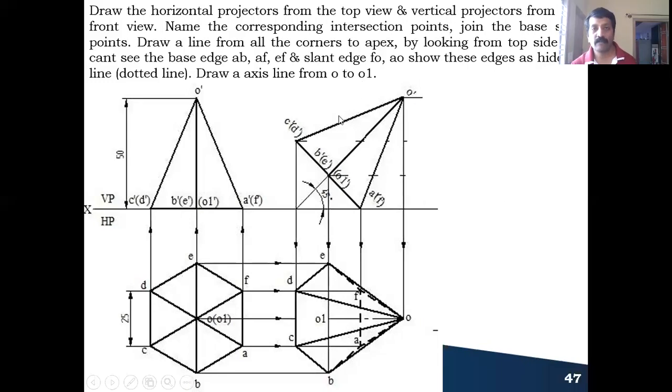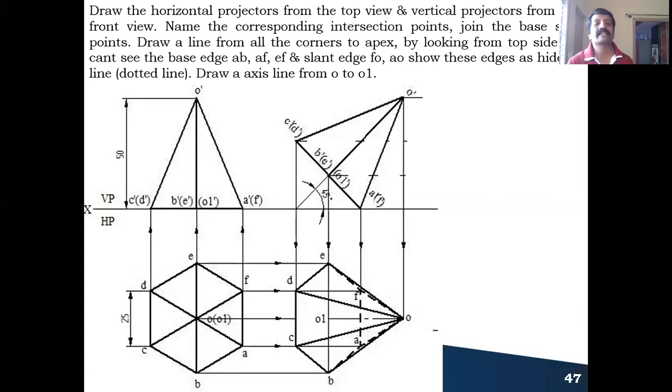You are looking from here, the base edge CD is very near, you can see it, and D to E and C to B. You can see C to B and D to E, they become the outermost boundary line. And you are looking from the top, A to F, the edge which is resting on HP, you cannot see. Also the two more edges coming out from that base edge, F to E as well as A to B, you cannot see. So you have to represent them with hidden edges.